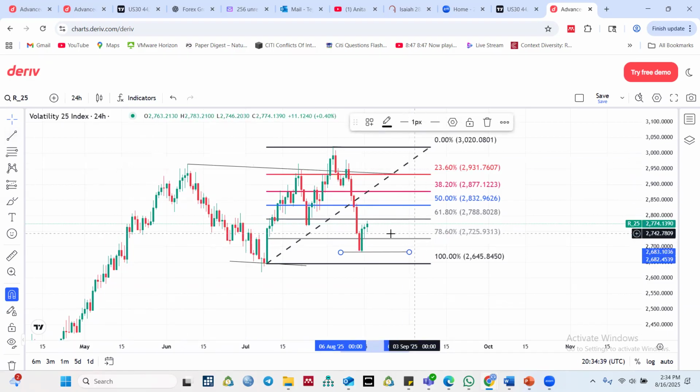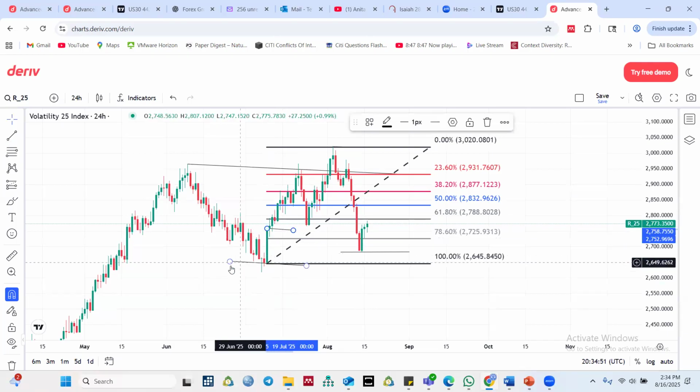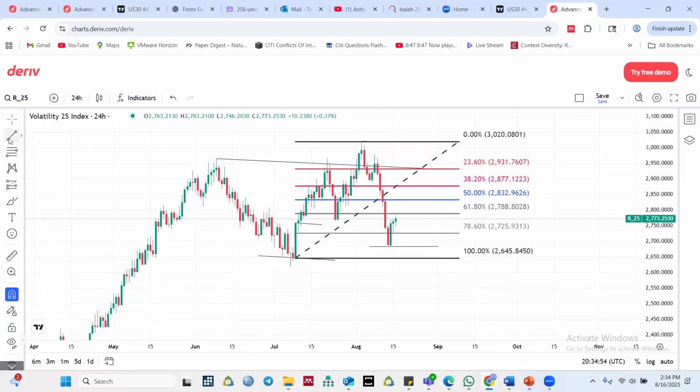But why did this buy or rejection or movement take place? It took place because we have seen an institutional reference point here, which is a fair value gap around this area. We will learn all that later, for those who are new. But those who are in trading already, you might have an idea of what a fair value gap is. So price came into this fair value gap here, which is